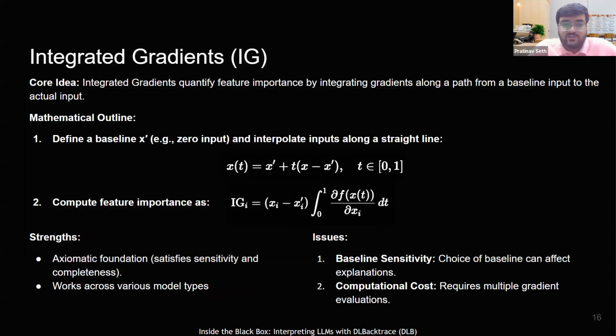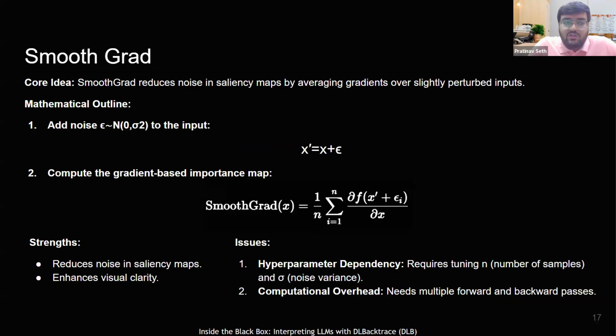It's very dependent on the baseline on which you create these explanations, and it can lead to large computations because you have a lot of gradients in a large model. It might work across a lot of models, but it's very sensitive to the baseline you choose, so it's not a very stable explanation method. SmoothGrad is on similar lines. It's mainly been used in computer vision, but you can extend it.